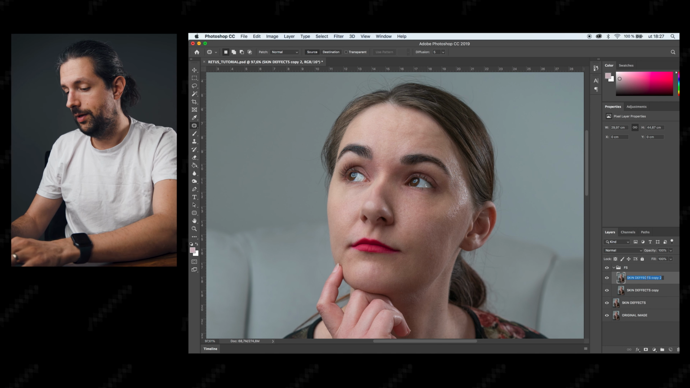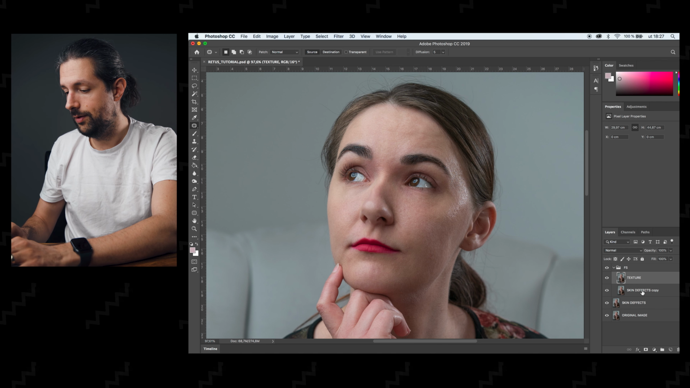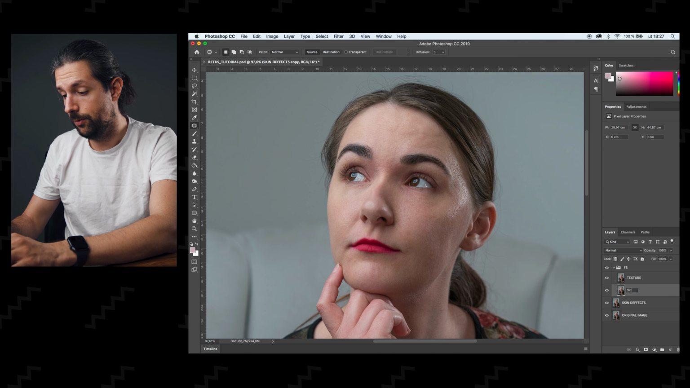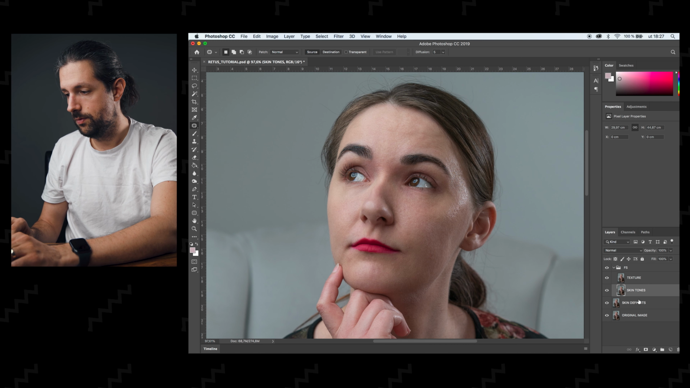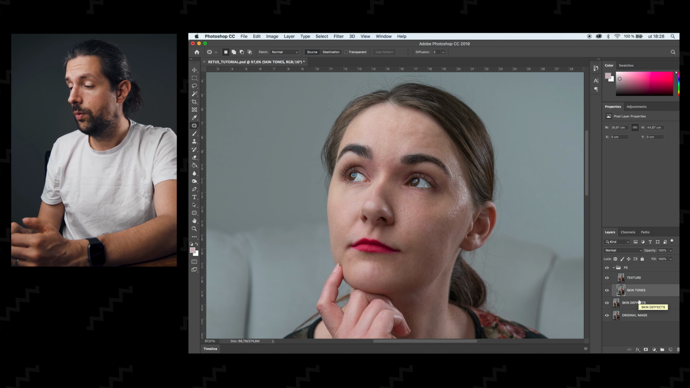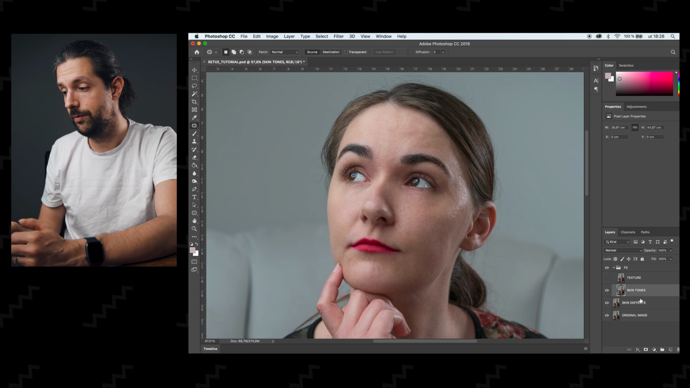This top one will be named texture and this second one will be named skin tones. First of all, we will disable this texture layer because we want to see what will be happening to this skin tones layer. In these next steps we will be extensively using Gaussian blur, so I highly recommend you